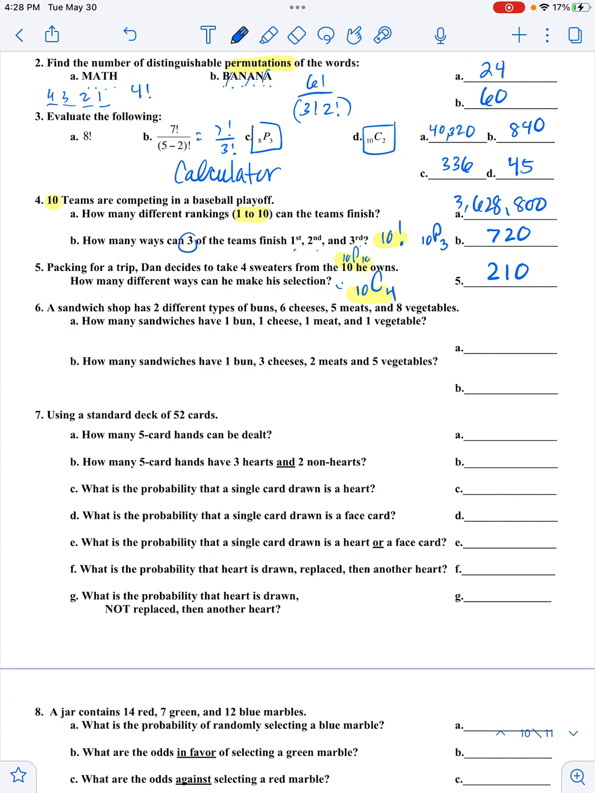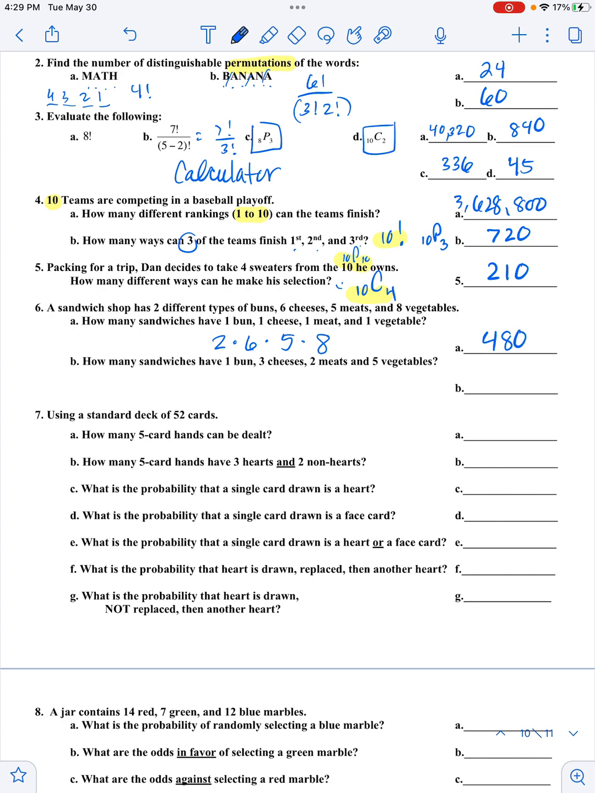Okay, here we have 2 different types of buns, 6 cheeses, 5 meats, 8 vegetables. How many sandwiches can you make if you just choose one of each? So I have 2 types of buns. I have 6 cheeses, 5 meats, and 8 vegetables. So that's, again, the fundamental counting principle, and that comes out to a total product, because you're multiplying those, of